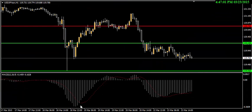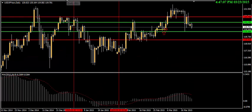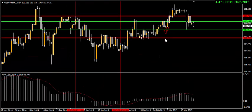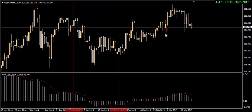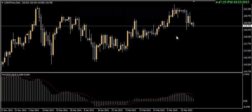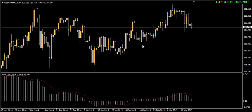Next we have the pound yen. The pound yen again is a pretty choppy market, but let's take a look at our daily time frame, and let's erase some of these lines. All right, so we have our daily time frame, and so far it looks like we have a bearish formation going on here, because now we have a turn in the market. So we have that U-shaped pattern in the market, and the market is trending downwards. Our MACDs are supporting our bias that the market has the momentum to continue downwards. The market has broken through support